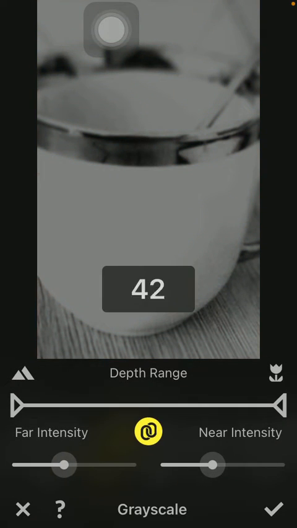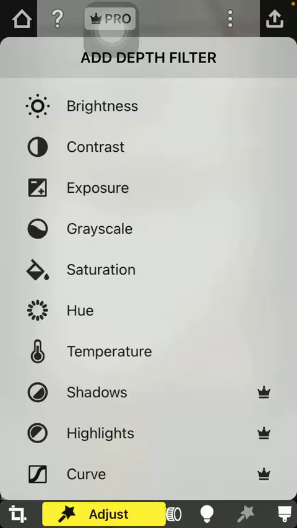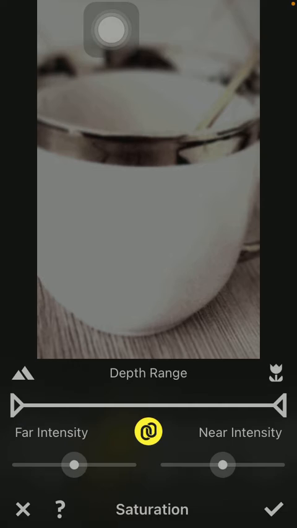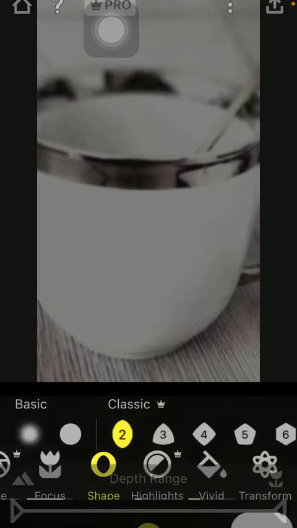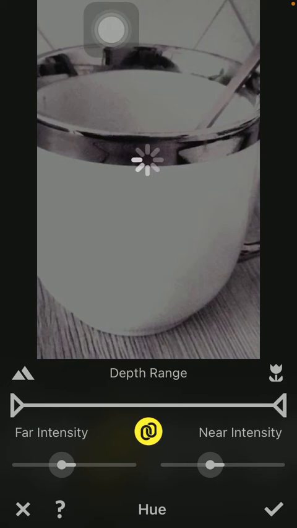The grayscale function is also available. You can select the saturation on the same scales down below. You can also adjust the hue,